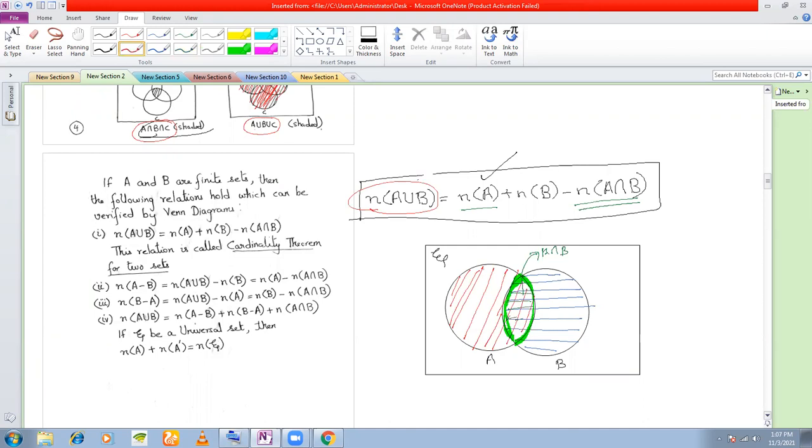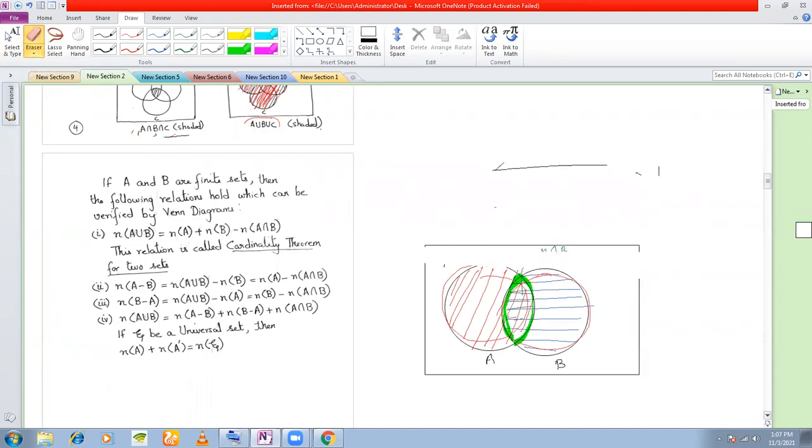And what is the cardinality of A union B? All this within the two circles. This is A union B. Now is it clear? Yes, sir. Okay, so for all this you can check the cardinality theorem. If you don't remember, you can check it with the help of circles also, Venn diagrams.